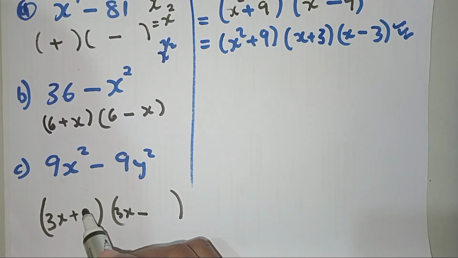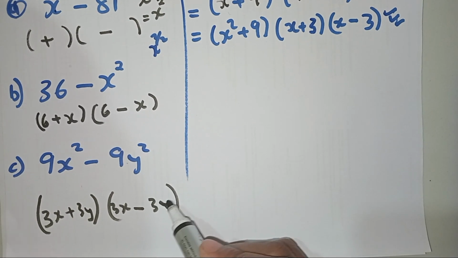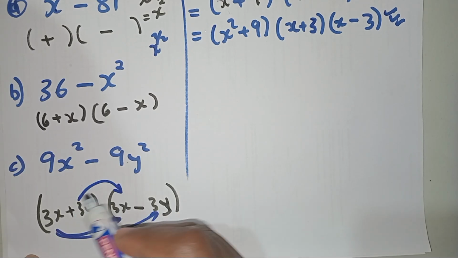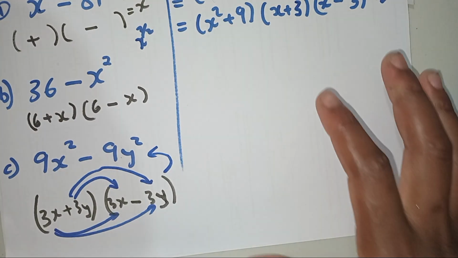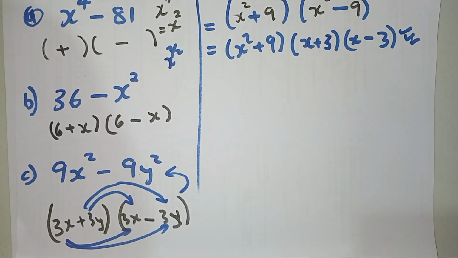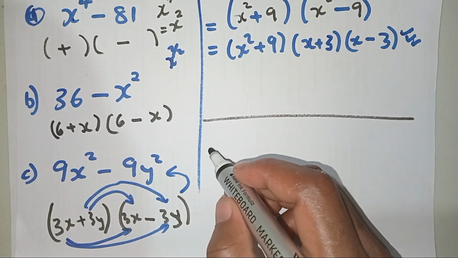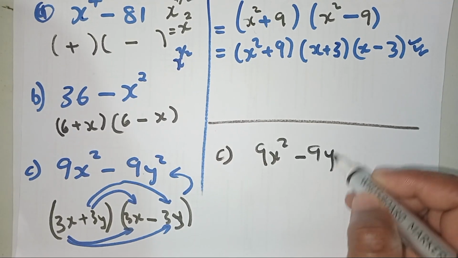And then of this one, it's going to be 3y, 3y, 3y, 3y. Then it's factorized. Guys, remember that even if you multiply these things out and simplify this expression, you are going to get the very same expression that you're given from the question. So what I meant by it can have an alternative is that I can say 9x squared minus 9y squared.